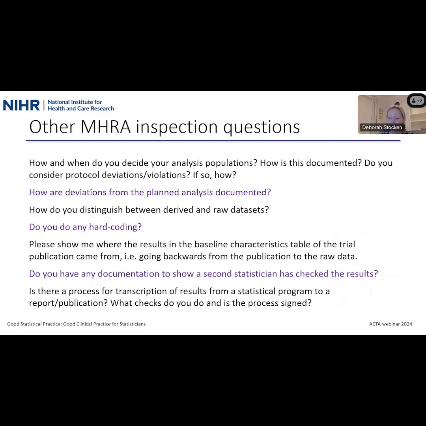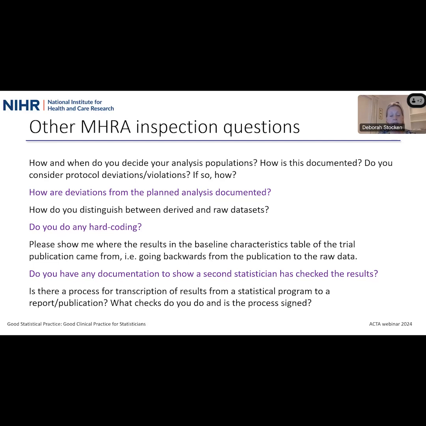This is a slide just documenting some other inspection questions that some may be on the MHRA website, but also these have come through the development of the training. They came off the back of some of the experiences that the trials units had going through an inspection, and some of the questions that they'd actually received. So we've collated these MHRA questions as part of the engagement in the team to say,